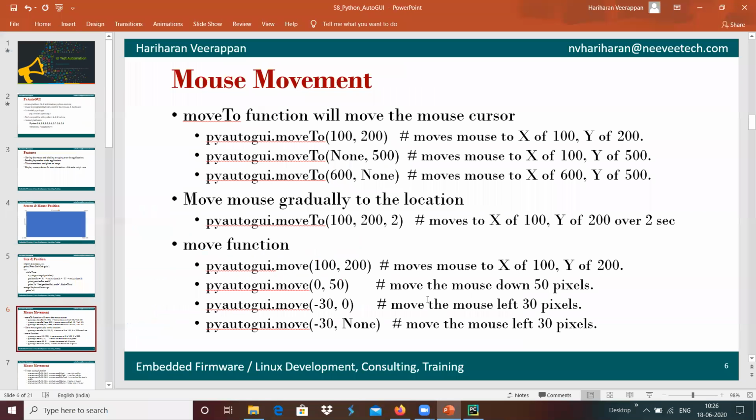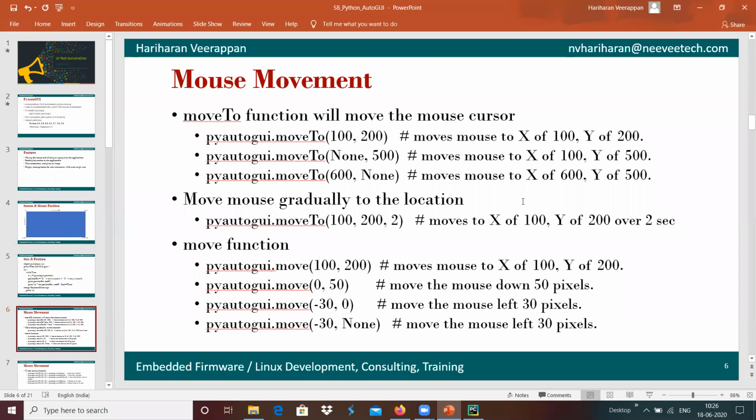This provides a movement of the mouse accordingly, and in a similar way we can move the mouse relative to the current position. My mouse position was here, and if I wanted to move gradually upwards, upwards means I have to give a negative value, downwards means I have to give a positive value.